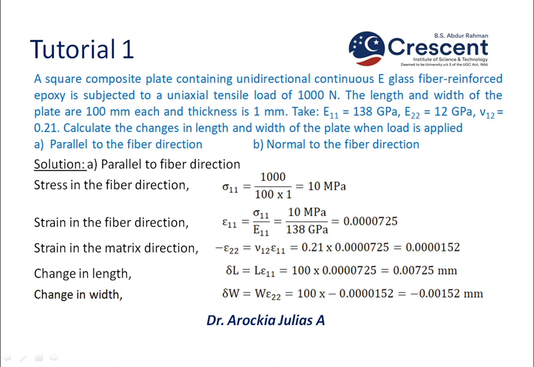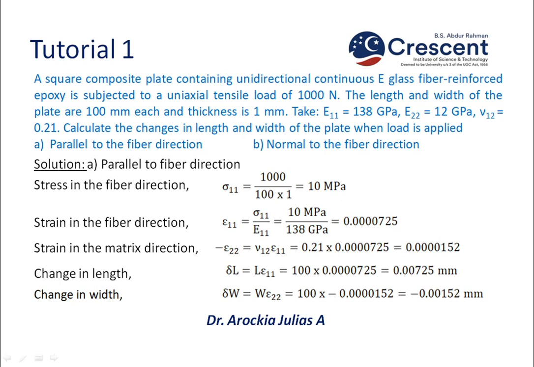So the problem is to find the change in length and width of a composite lamina. It is a unidirectional continuous lamina. First we have to understand whether it is a unidirectional continuous lamina, or a unidirectional discontinuous lamina, or a random lamina. Here it is a unidirectional continuous lamina. The fiber angle is not given, which means the fiber angle can be taken as 0 degree. Now the length and width of the plate we know, thickness also we know, so the plate dimensions we know. The properties along the fiber direction are given, along the matrix direction those basic details are there.